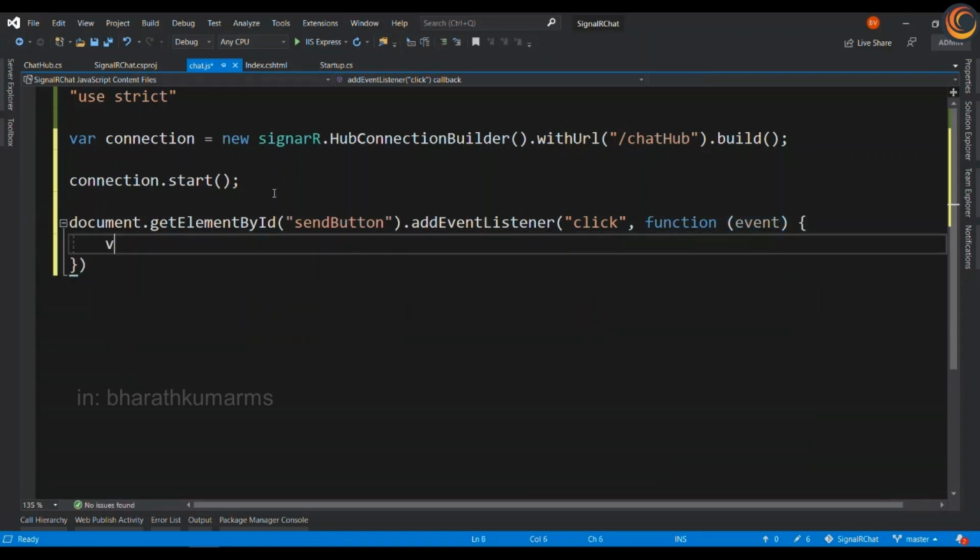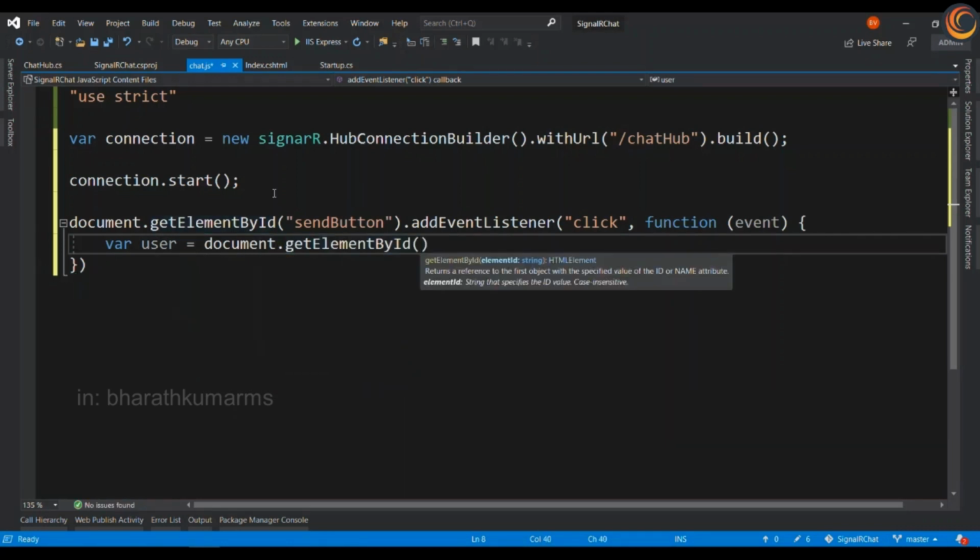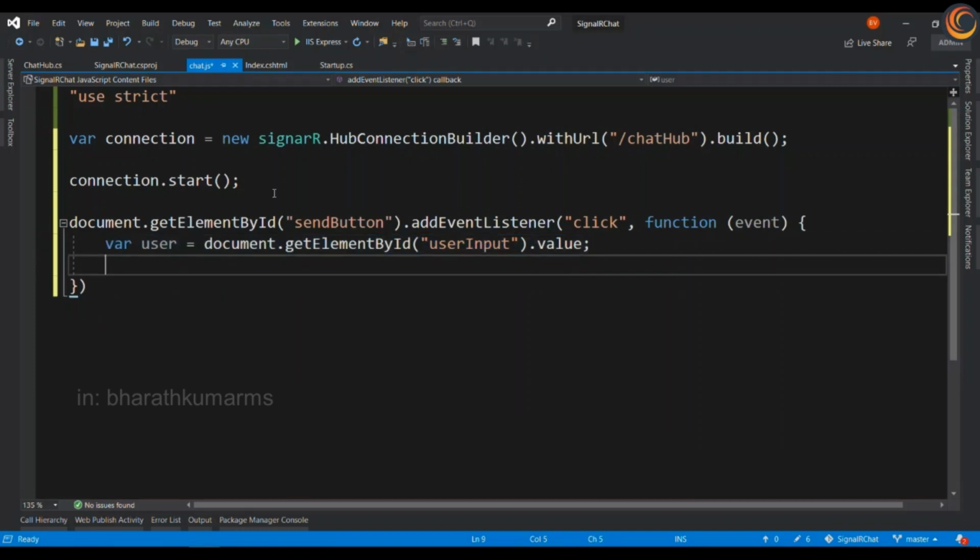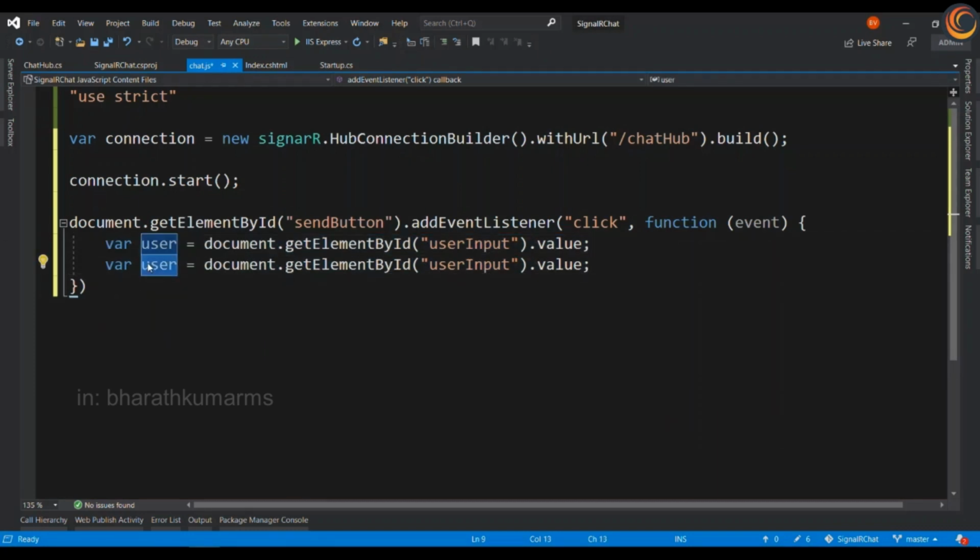All right, so first let me grab the username. User input dot value. Then I can get the message that the user wants to share.